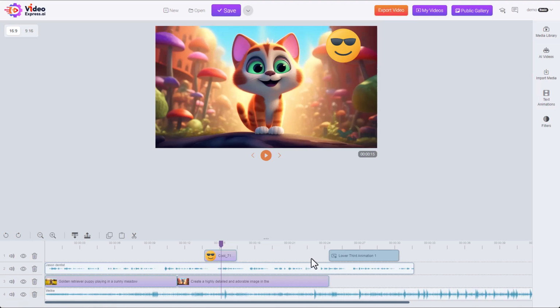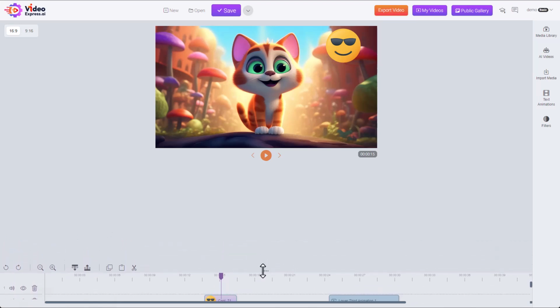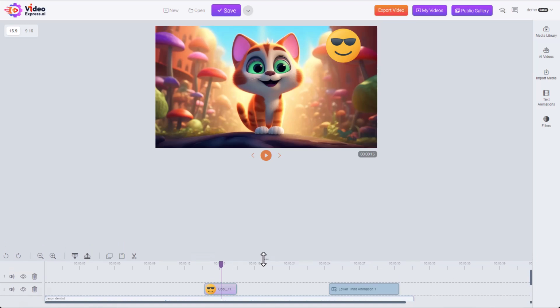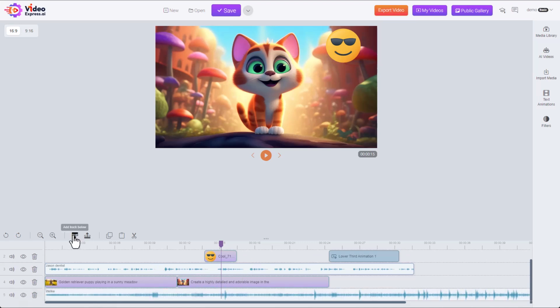Or combine them. Now if we need more tracks, we can use these buttons here to either add a track to the very bottom or a track to the very top. Let's add another top track. You can see we have 5 tracks, a blank one up on top. We can resize this area here, make it smaller, if we have a smaller screen and we need more room up here. We can shrink this down. You can also add a track to the very bottom.